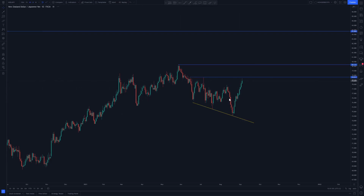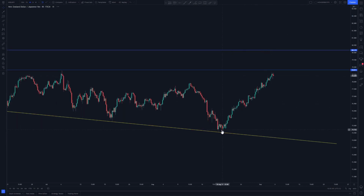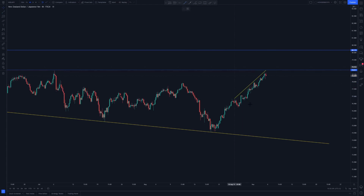So when you go to the lower time frame, as you can see, we've been pushing and then correcting, continuing to push, but how price is moving here is corrective, you can see. So it's either we're going to continue this way, break here, or maybe form something like this and push to the downside,